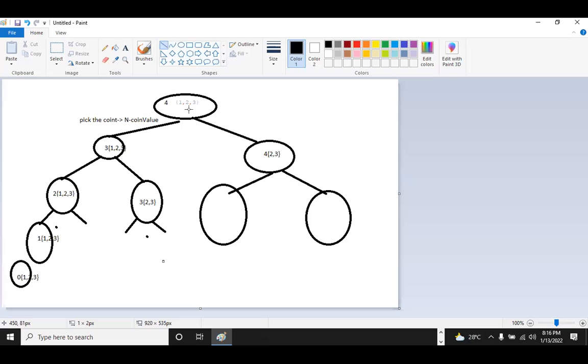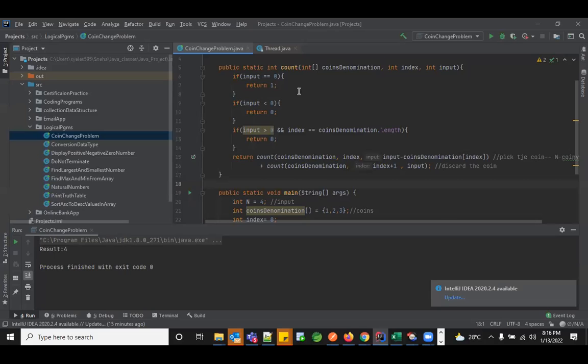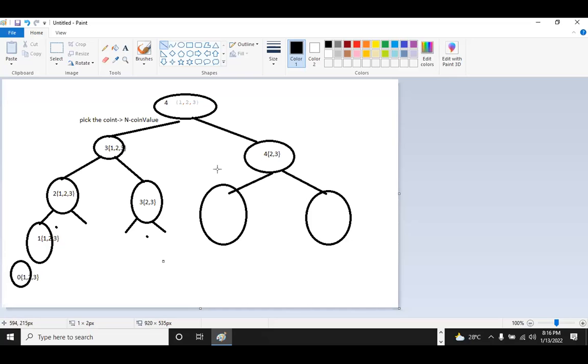Next, the other approach we have followed is discarding. In discarding, we're not considering the first element itself. So here we are worried about the iteration and not about the coin values. In the same method, instead of doing a subtraction to your values, we are going to increment the index. But if you go like this, there will be an array index out of bound exception, because we never know how many times we're going to continue.